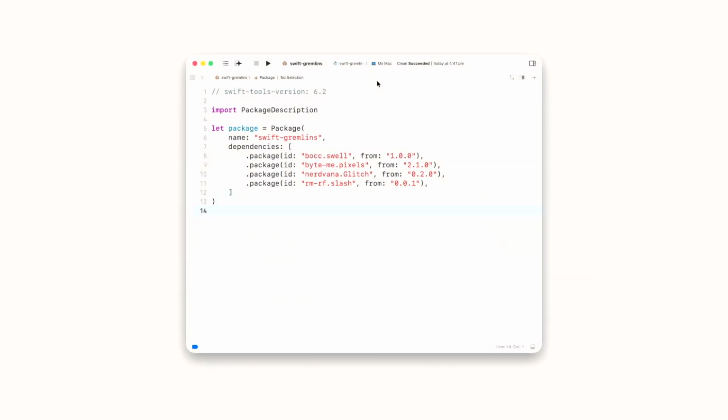So we talked about scopes earlier, right? And you might have guessed already, but scopes are namespaces for the packages that are in Swift registries. And one thing that scopes allow us to do is to have different packages belonging to different scopes, and each scope could be mapped to a different package registry. So in this case here we have BOC swell, byte me pixels, nerdvana glitch, and